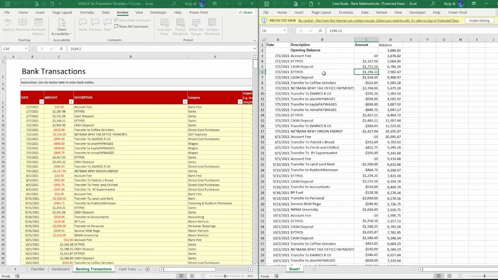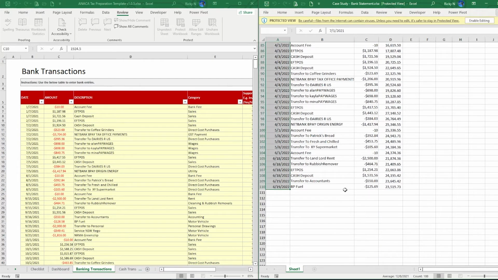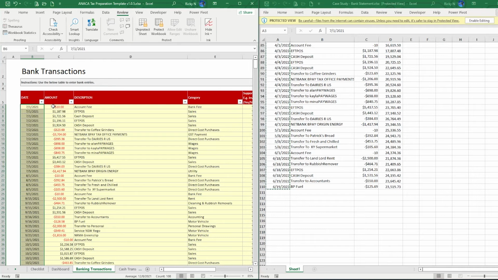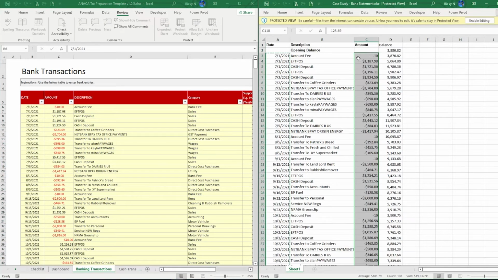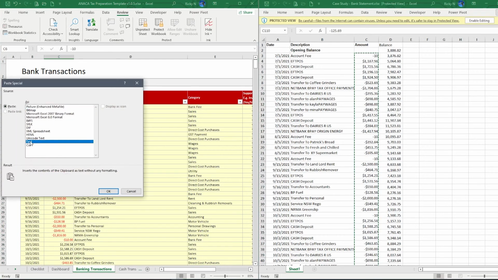Now, different banks have different files and different ways of downloading it. So it's very difficult for me to show you that, but you can always call up the bank and they'll be able to show you how to do that. Once you have this file, you can simply copy each column. For example, you can copy the dates here and just paste it into this bank transaction template. So I'll highlight all the column and I go into here and I paste.